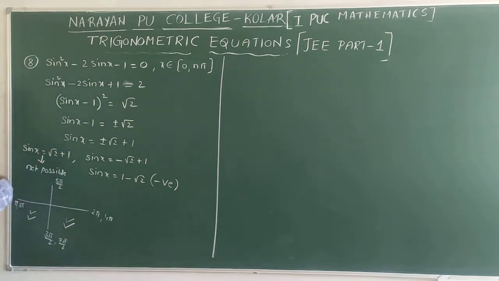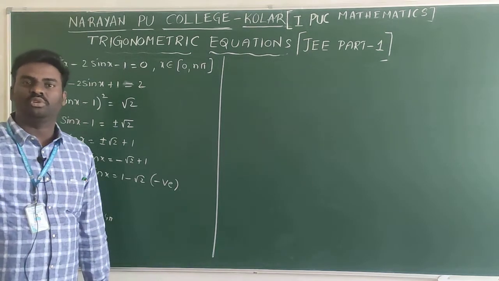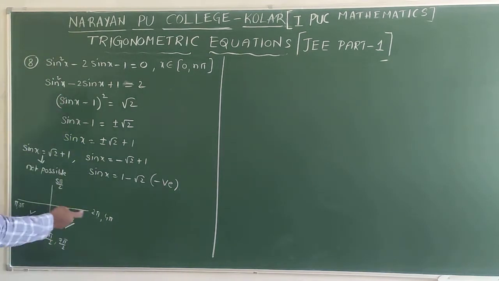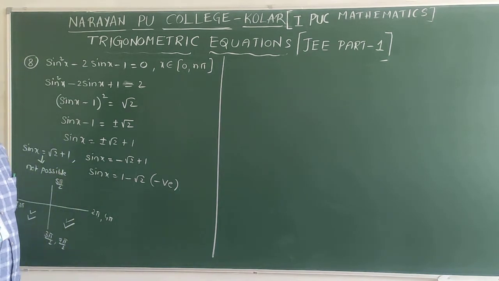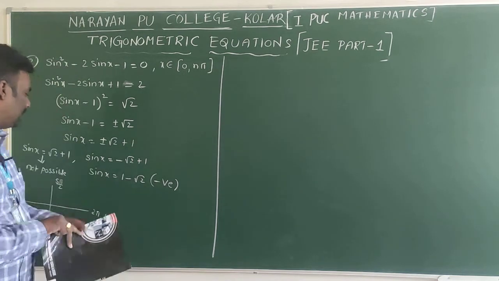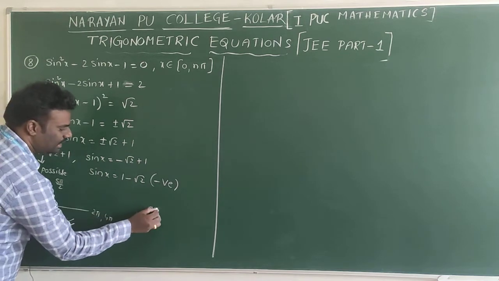But we can't go one more cycle. Why? Because it is clearly mentioned it is having how many solutions? 4 solutions. If you go with one more cycle, another 2 solutions will come, 4 plus 2, now it becomes 6. But it is clearly mentioned the total possible solutions are only 4. Already we got 4 solutions. That's why we can take n value as 4. That is nothing but option C is the correct answer.